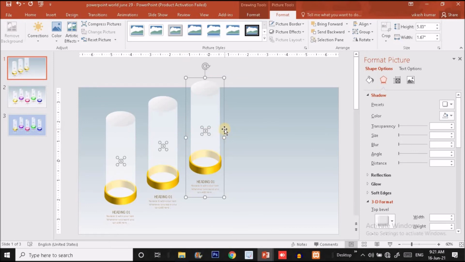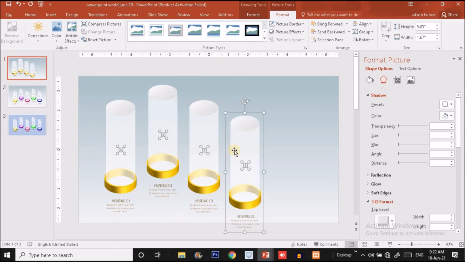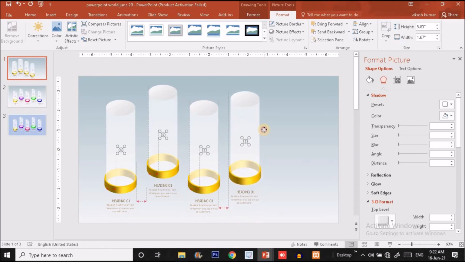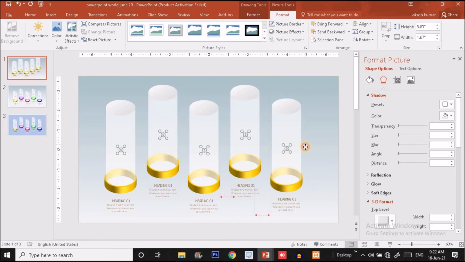Again press Ctrl D and put this shape over here. Make sure it is aligned with the previous shape. Press Ctrl D, put it over here. Press Ctrl D and put this shape over here.